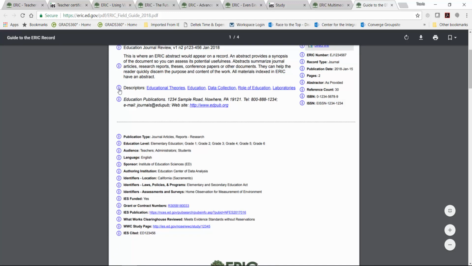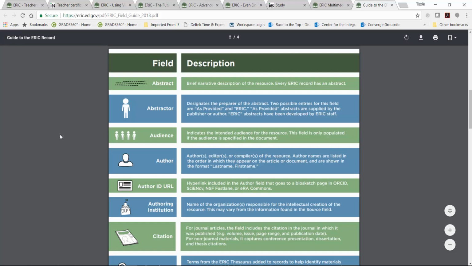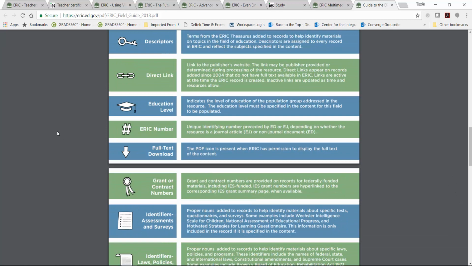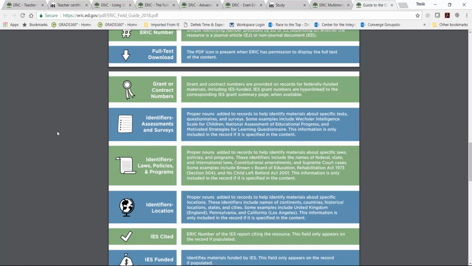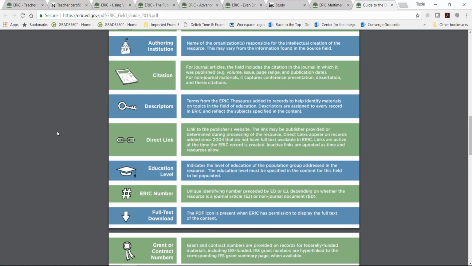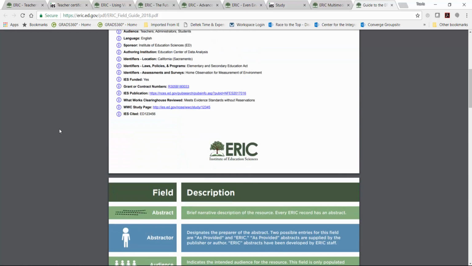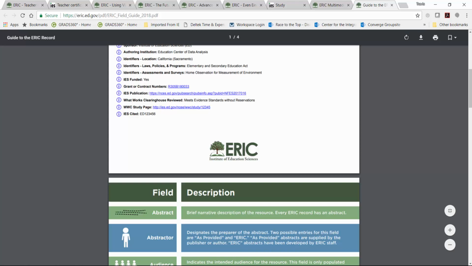You can see that there is an icon beside each field that will link you to the field definition. This is a helpful reference piece for understanding the fields and for sharing with students and others who use ERIC for research, to get the information that we gave in this webinar in a handy-dandy 4-page document.